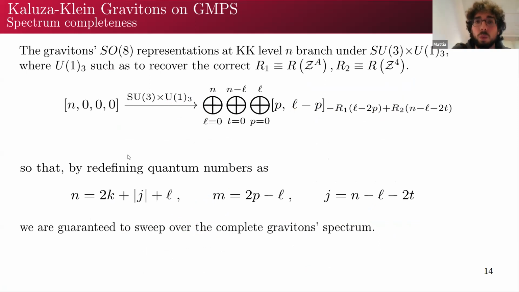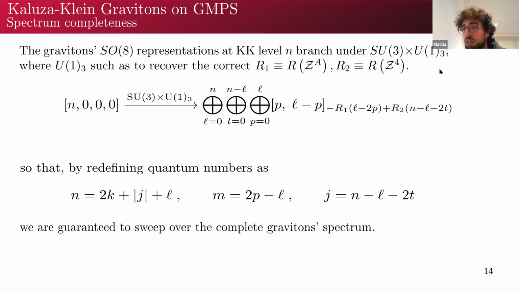Then one could wonder whether at this point the spectrum computed so far is complete, or whether we are skipping over any eigenvalue or any mass. But luckily, group theory comes to the rescue, because if we think that the theory we're analyzing comes from an RG flow that starts from the maximal SO(8) vacuum ansatz, then what one can do is to branch the original SO(8) graviton representations under the leftover symmetry group, namely SU(3) times U(1), where with U(1) here I denote precisely what I meant before.